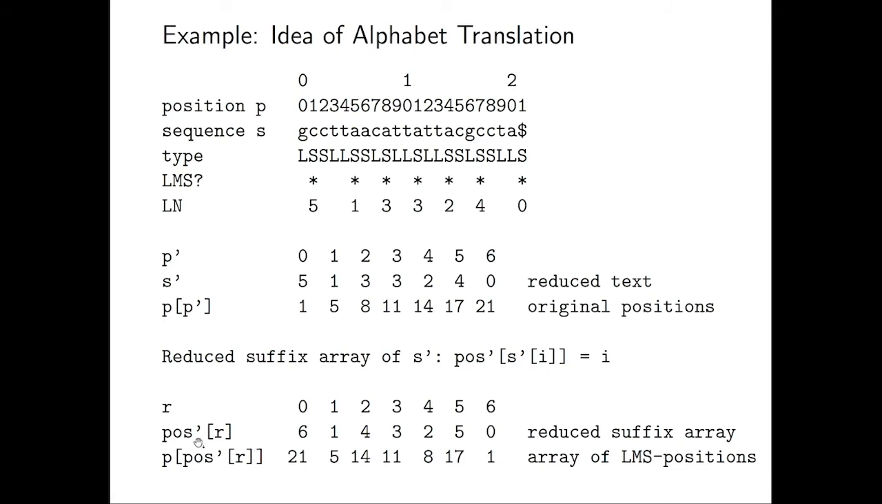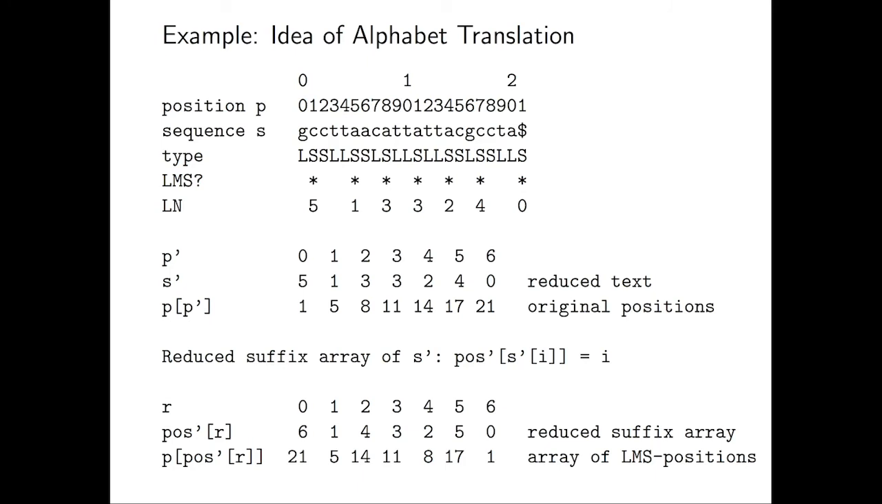Since we were able to order all the suffixes of the reduced text S prime correctly, in the pos prime of R, we have the reduced text. What we can do now, we can compute the suffix array for the reduced text S prime using just exactly